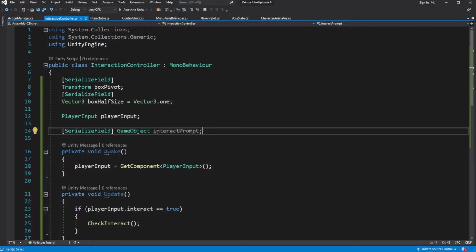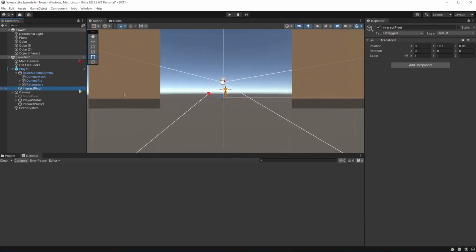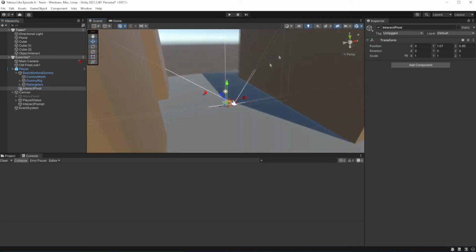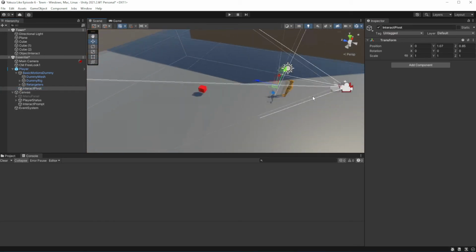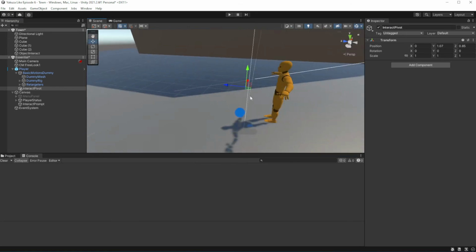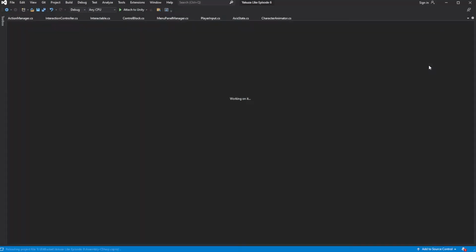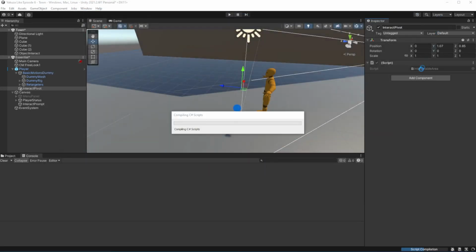Good. Now if there is an object in front of us, we want to show the interact prompt. To implement this, we need a way to keep the reference to the object inside the interactable area for the player. So let's go back to the editor. We want to create another new component called interactable area to the interactable pivot.